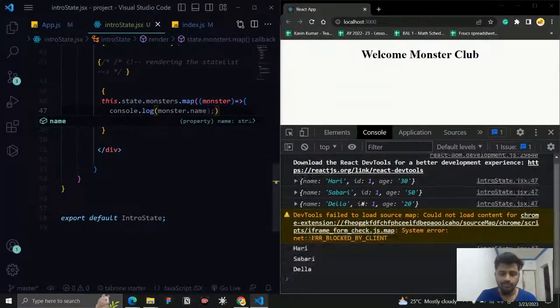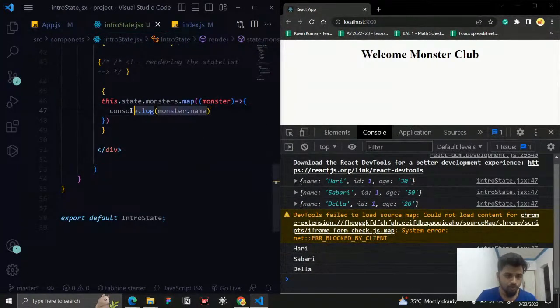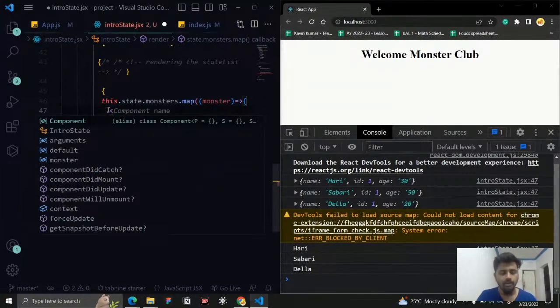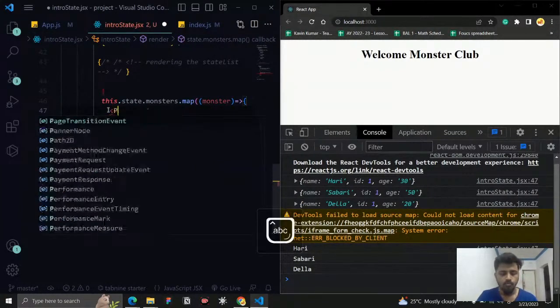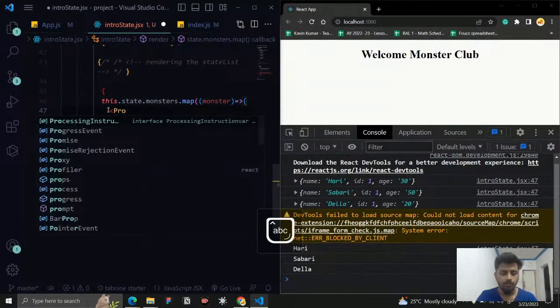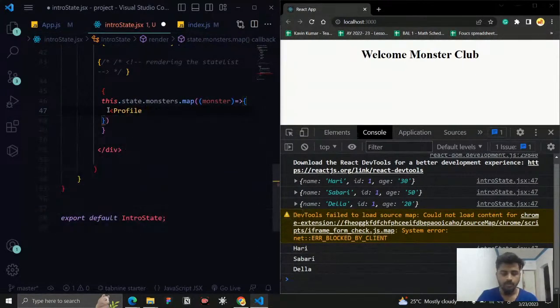Monster name. And here if I save it, you can see we are getting the name of the monster. So now what I'm going to do, I'm just going to create a component for profile. This is going to be my profile component. Okay, let us create this profile component, and inside this we will pass this monster. So I'm just going to say monster, and I just pass this monster